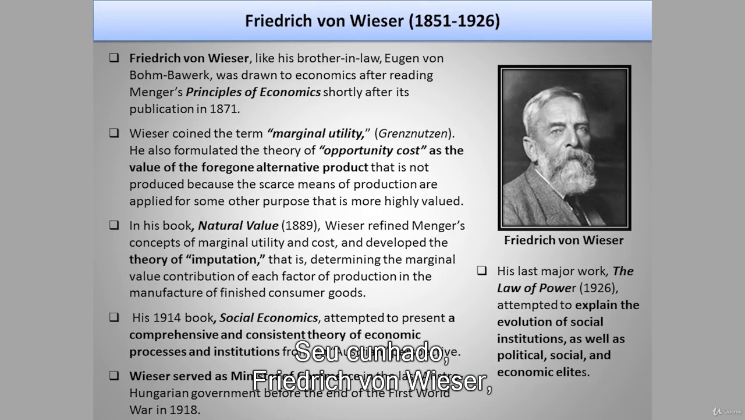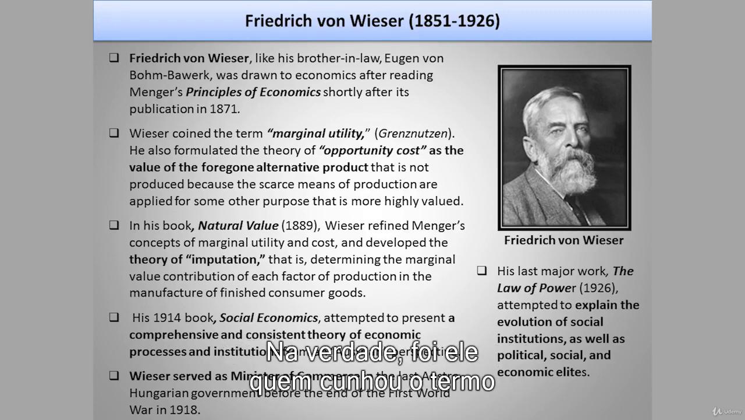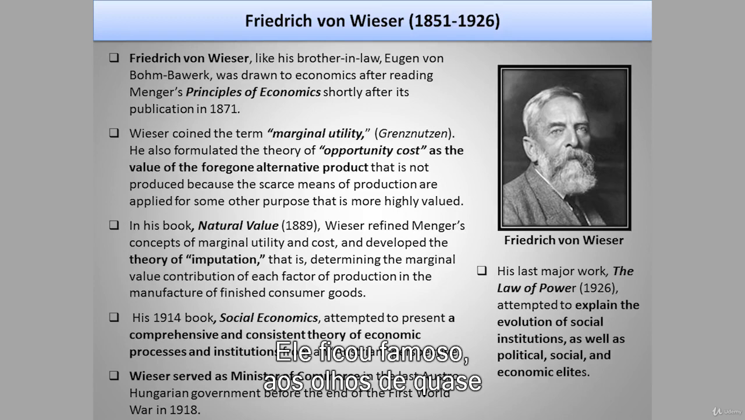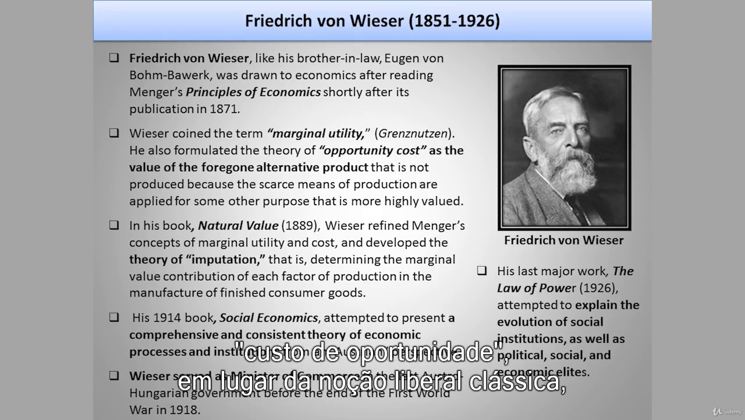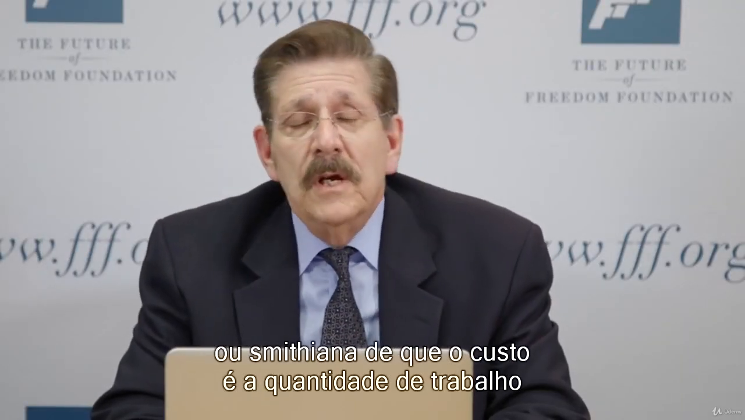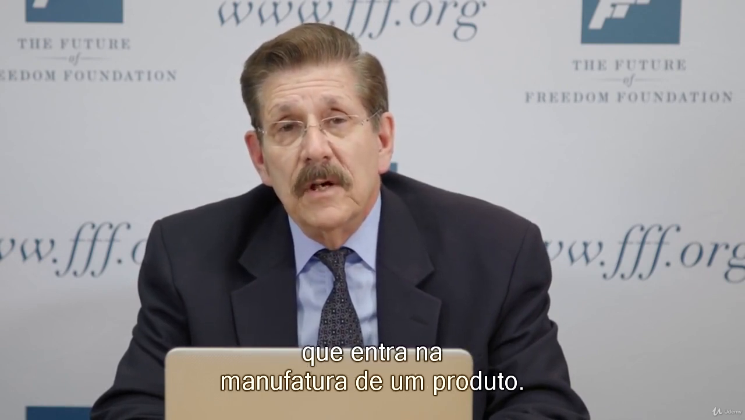His brother-in-law, Friedrich von Wieser, developed Menger's ideas in slightly different ways. He actually was the one who coined the term marginal utility. He formulated this in an early book of his in the 1880s. He also is famous in the eyes of practically all economists because he coined the term opportunity cost. In place of the old classical or Adam Smith notion that cost is the quantity of labor that goes into the manufacture of a product,